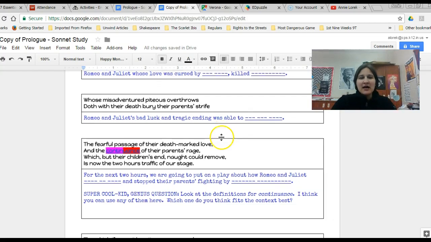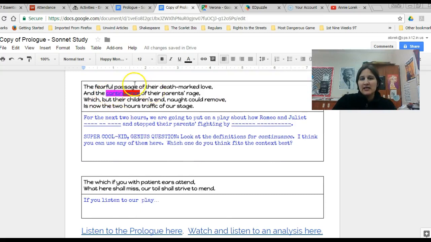Okay, so down here there's a little something complicated because you see I have the word continuance here. It's a live link to a dictionary definitions of the word, and I also highlighted it half in purple and half in red because depending on how you read this, you can choose a definition that might be a positive connotation or you can choose one that might be negative, and it'll change sort of the way that you read